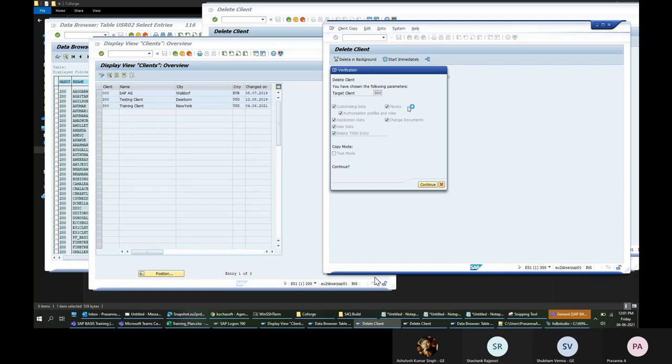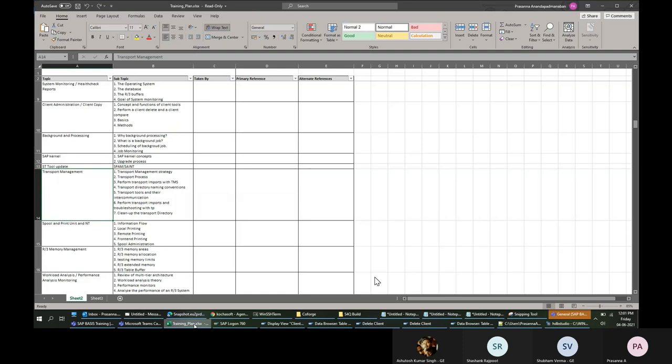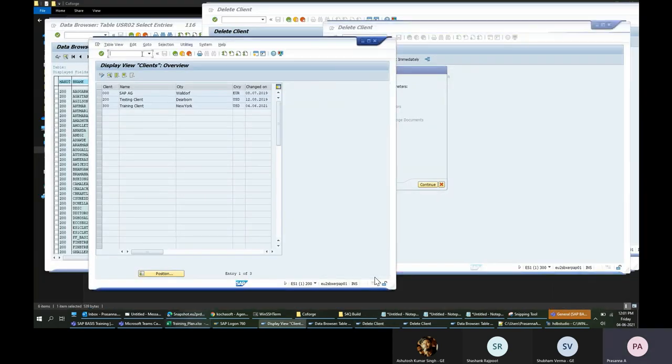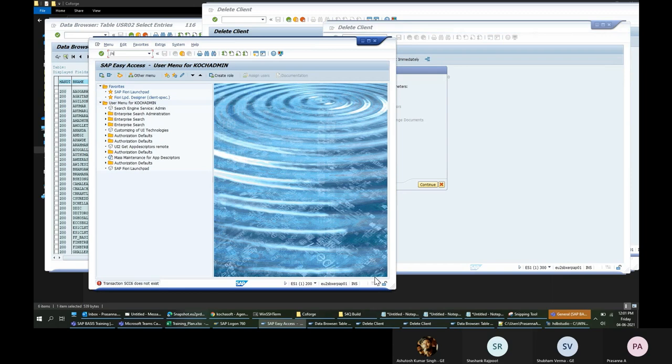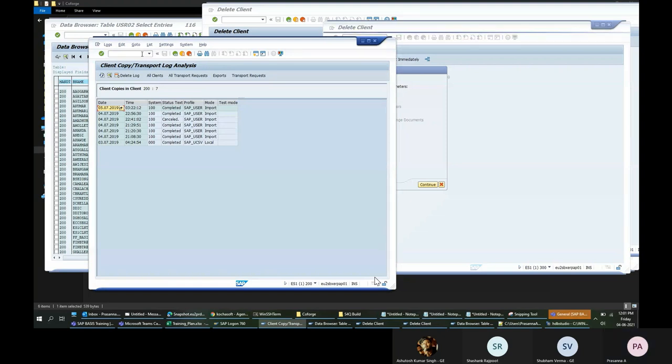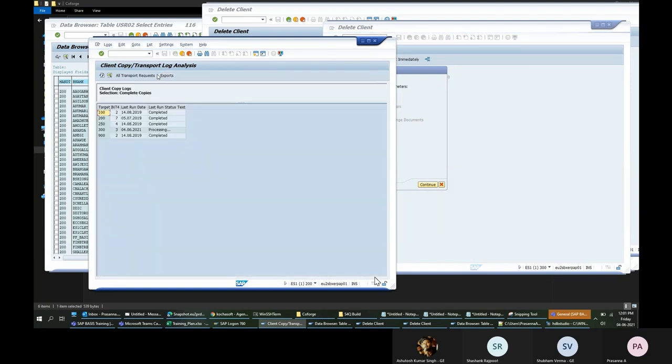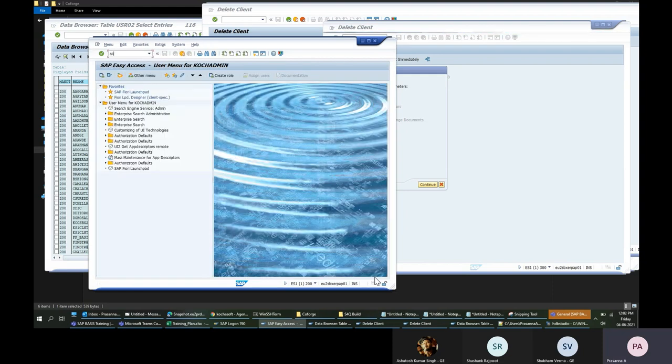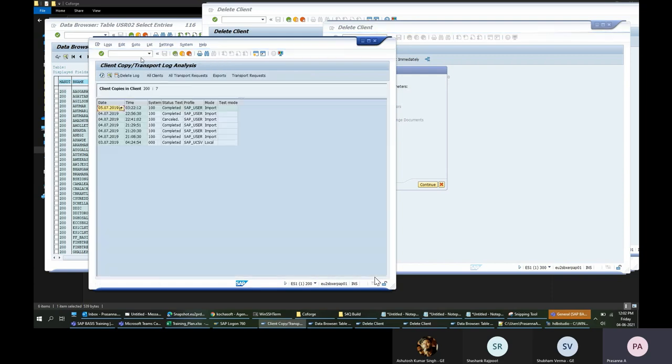This is what the client concept is. Here, in the SCC3 T code, if you are creating a new client, copying a client or deleting a client, you can see the progress of that.